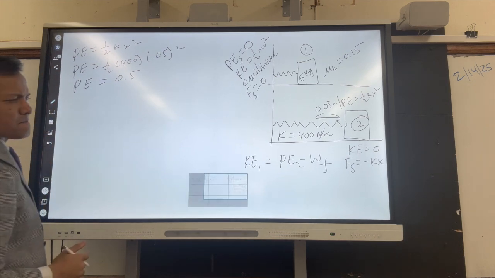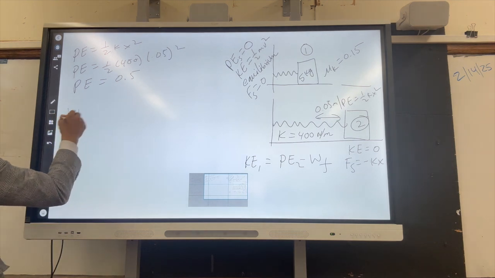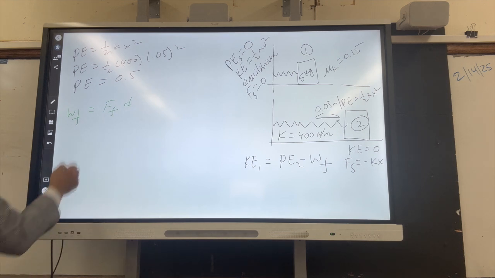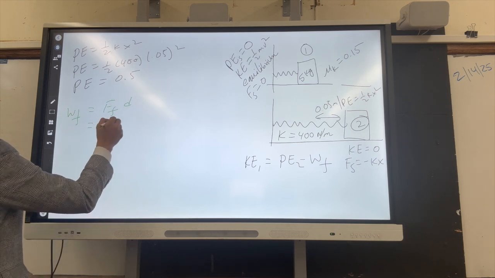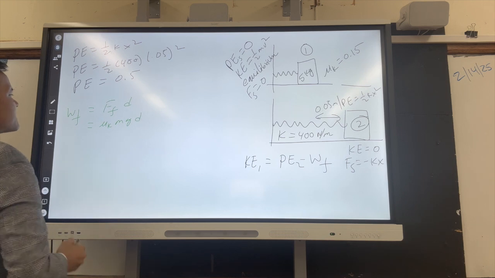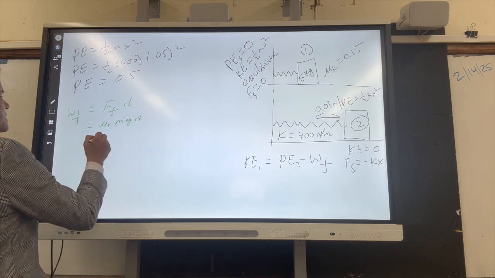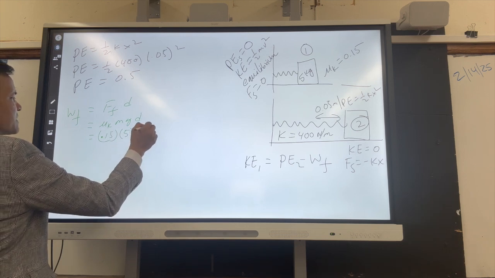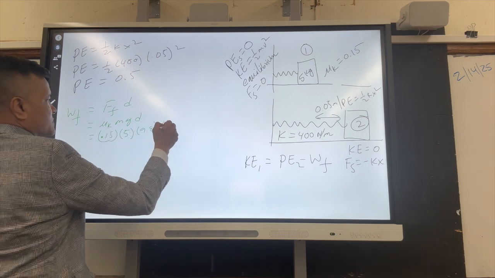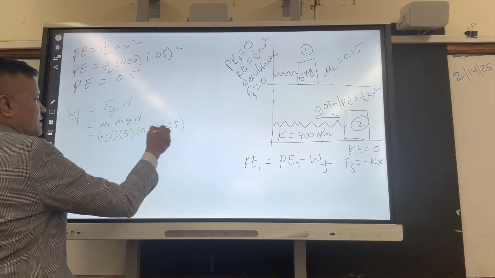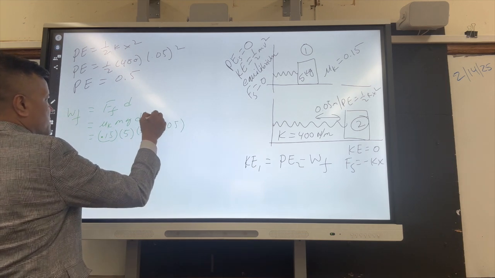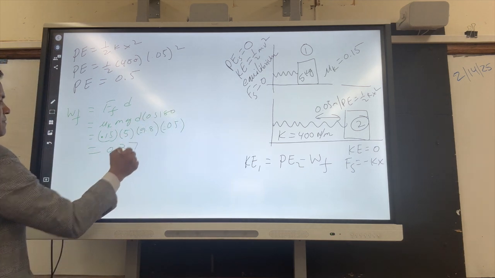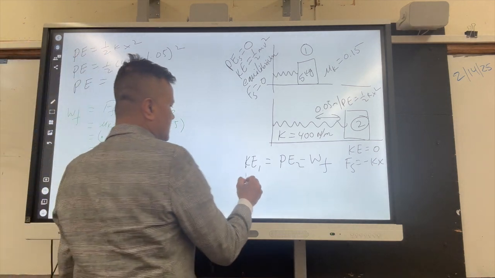Now, the work done by friction. Work done by friction is F_f times d. What is F_f? Mu_k m g. So mu_k is 0.15, m is 5, g is 9.8, d is 0.05. You can put a negative over here, times 1, because this is cosine 180, not going to make any changes. That gives 0.37. So what do we get? Kinetic energy is